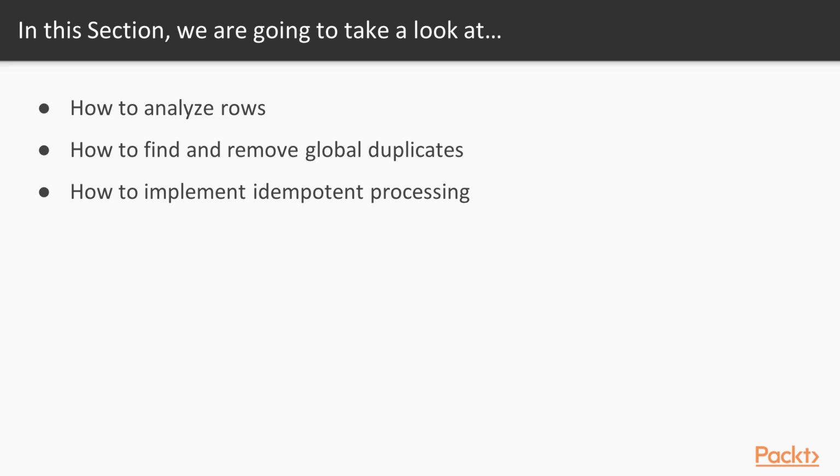So we have a row that has some kind of specific key and some other columns that represent other things in that specific row. Often that row could be duplicated. So we'll see how to find and remove duplicates using key values. Then we'll try to find global duplicates that have every piece of data duplicated. And at the end, we'll see how to implement idempotent processing that does not change depending on whether the duplicate was